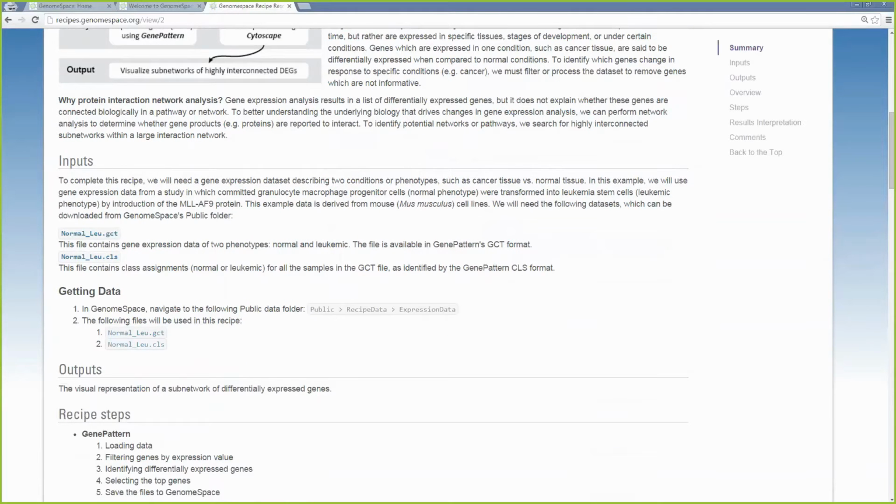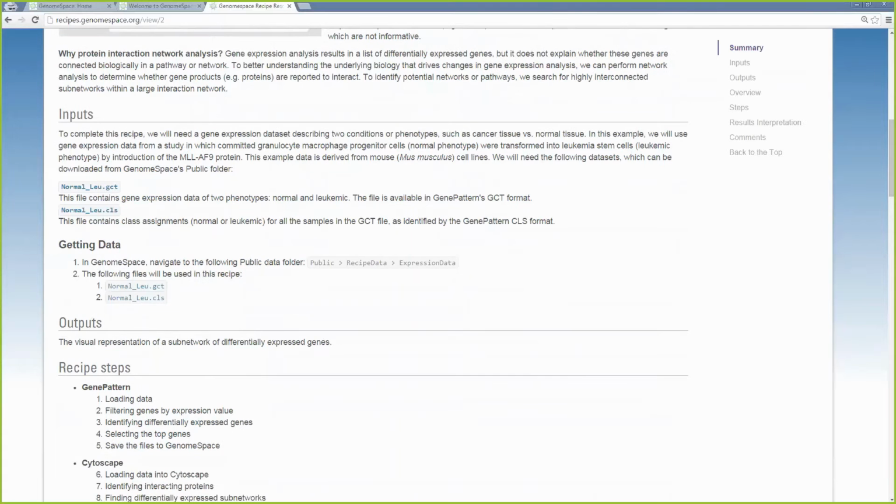There's also an output section, which will list the expected output. The way that recipes work is they are a guide to the user. So if you are interested in running a recipe with your own data, you can definitely do that, but be aware of the fact that the parameters may change and that the outputs may change. So this is just a guide where you can follow along, and if you do exactly what the guide says, you should get the output that is expected.